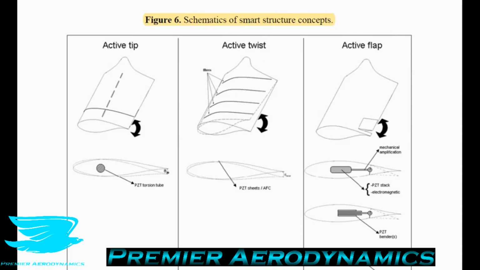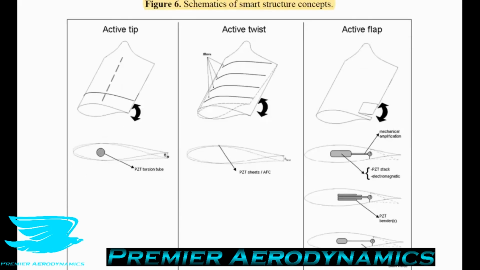They also have active twist, which means you can actually flex the entire airfoil so you can get different cambers, which is really amazing. And you can get different points at which the camber occurs, and that's really cool. And they have something called active flap, which is effectively like an aileron on the blade, a flap very close to the wingtip, which you can put up or down to change the lift generated and also